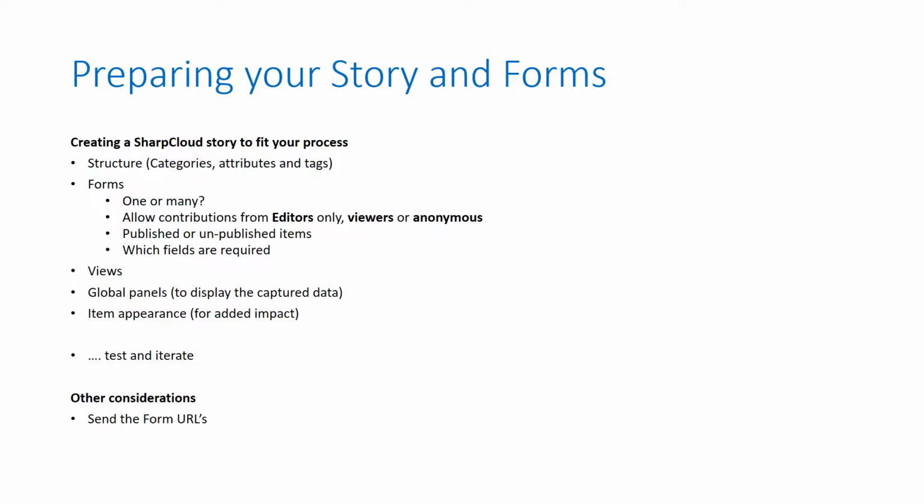So you can have one or many forms in your story, and you might think, well, why would you need more than one form? Well, in a classic workshop, you may capture first information on, for example, the trends that are happening in the market. Then you might want to capture information about what products or services you might deliver to respond to those trends. Now, you can do all of that within a single form and give the user the option to choose whether what they're submitting is a trend or a product or service.